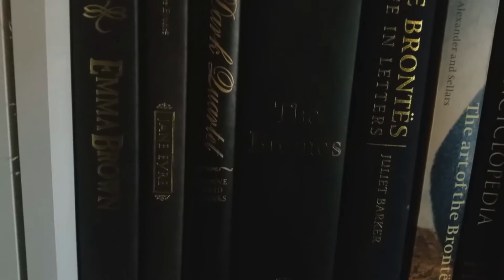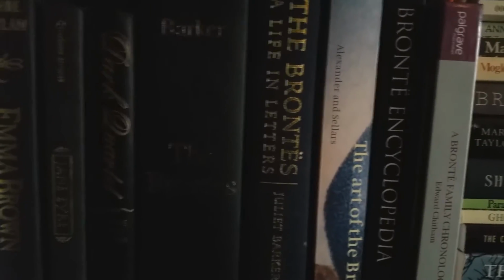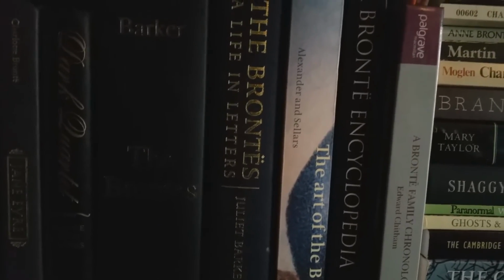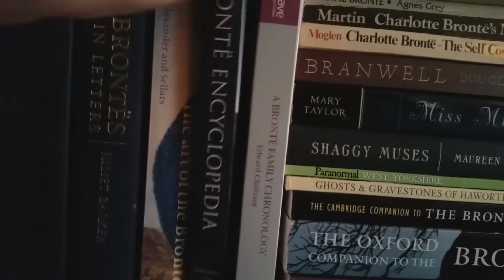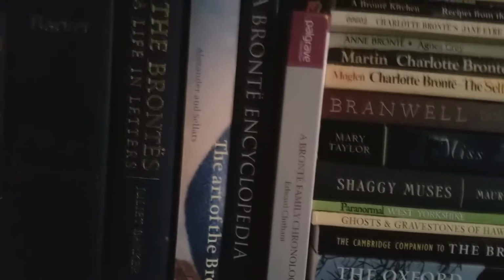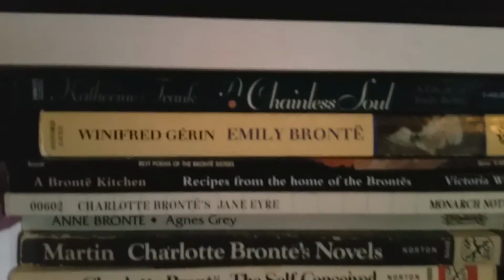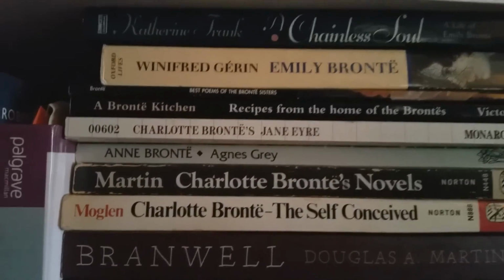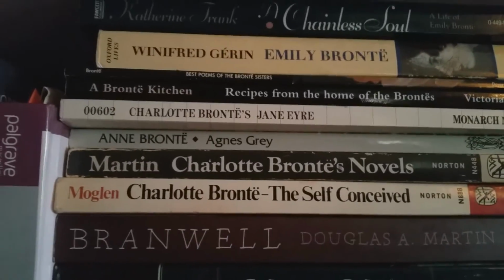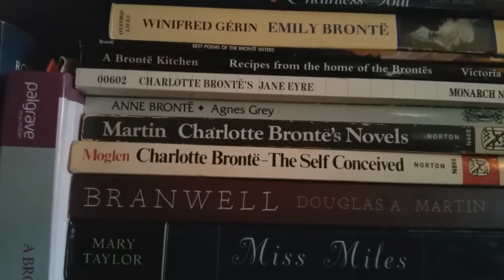And then we've got Emma Brown, an edition of Jane Eyre, Dark Quartet, an earlier copy of the Brontë Bible by Barker, the Brontës, Life and Letters, The Art of the Brontës, my brand new Christmas present, a Brontë Encyclopedia, a Brontë Family Chronology, and we've got A Chainless Soul, Emily Brontë, Poems of the Brontës, Recipes from the Home of the Brontës, Charlotte Brontë's Jane Eyre, a copy of Agnes Grey, Charlotte Brontë's novels, Charlotte Brontë the Self-Conceived,